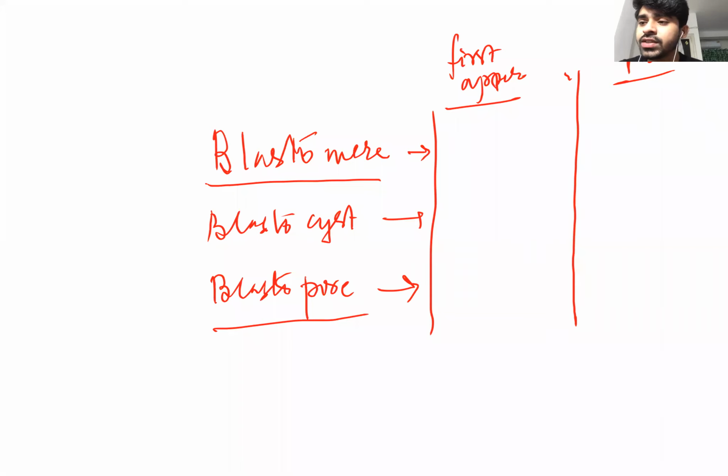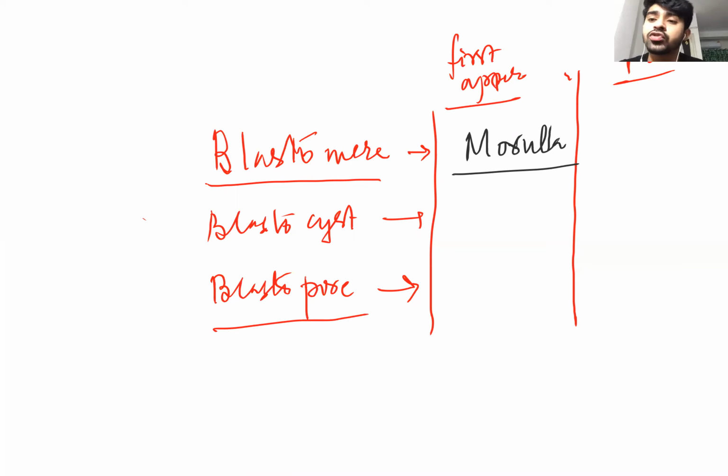Okay. So first, the important point. Can you tell me the blastomere appears first at which stage? Morula. Yeah, absolutely correct answer. It is morula. So don't think that blastomere means it should appear at blastula. No, it is appearing even in the morula.